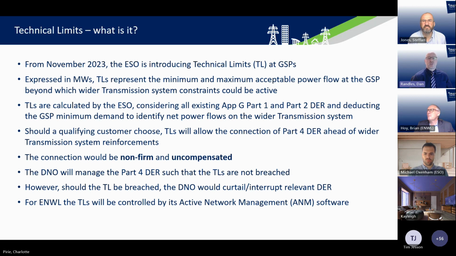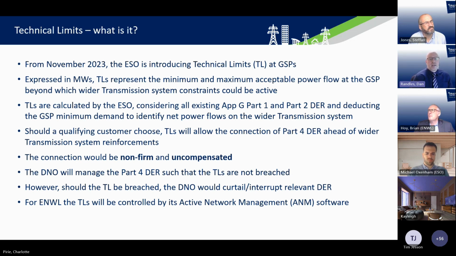And if you are interrupted, then that is on an uncompensated basis. The principle being that that is a temporary arrangement, and once National Grid has performed the associated transmission reinforcements, then these customers would progress into Part 2 of the App G, and those constraints would drop away,